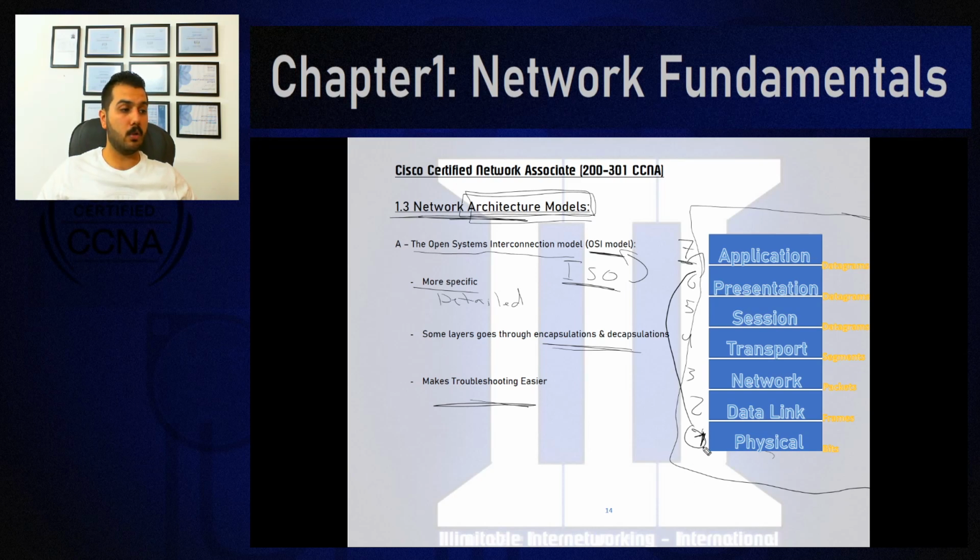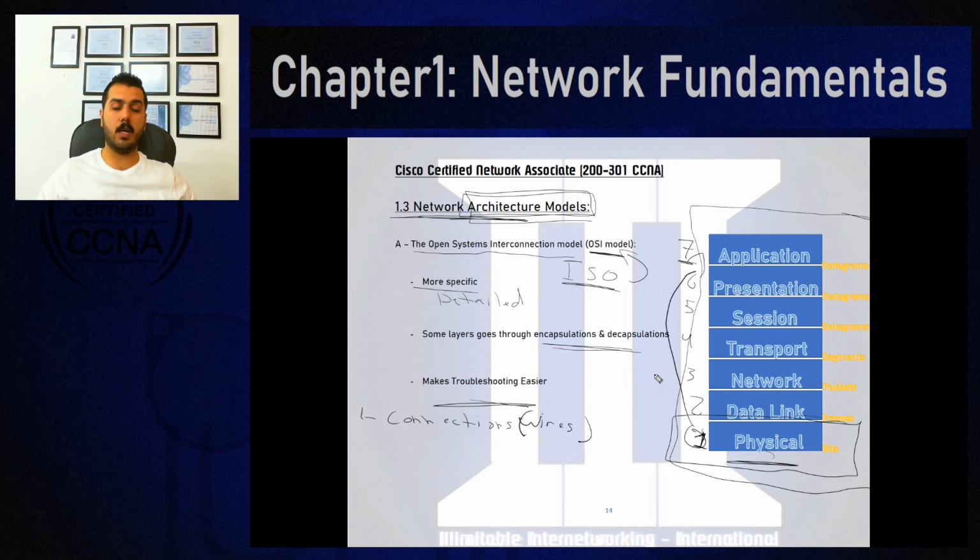Layer 1, also called the physical layer, is for connections. What do you mean by connections? How do we connect our devices? Either wired, so we are using wires, or wirelessly. Layer 1 is everything about the technology of cables and wireless: the types of cables, what is happening inside the cable, how a cable